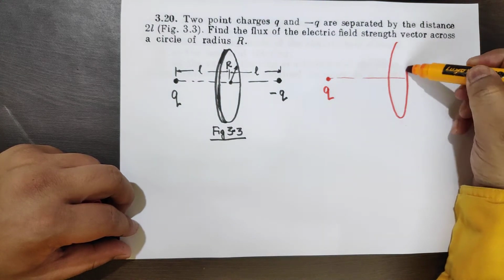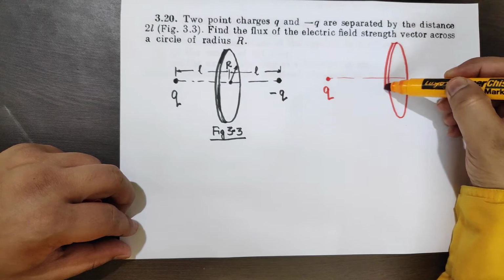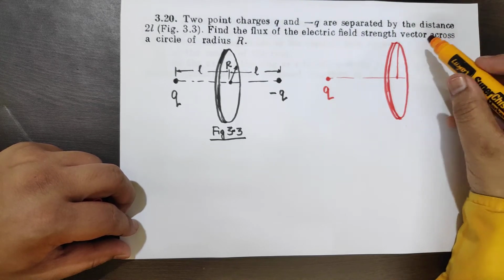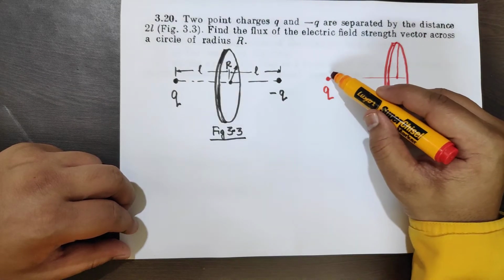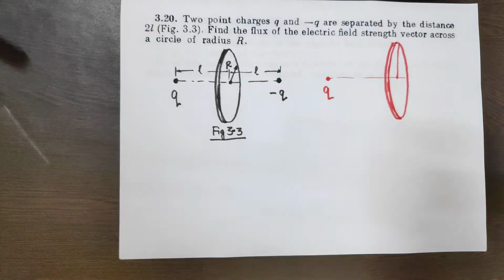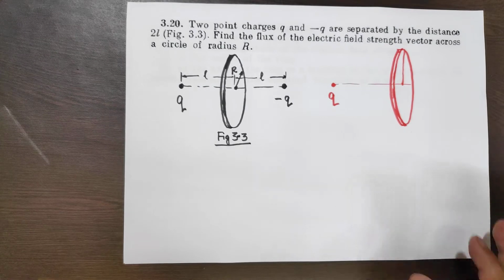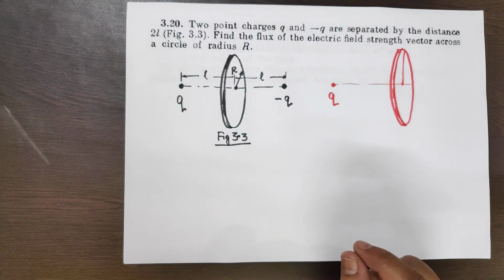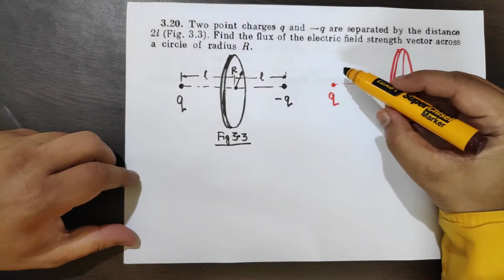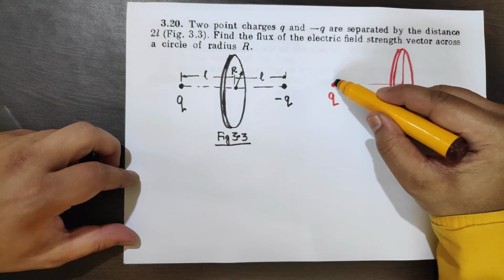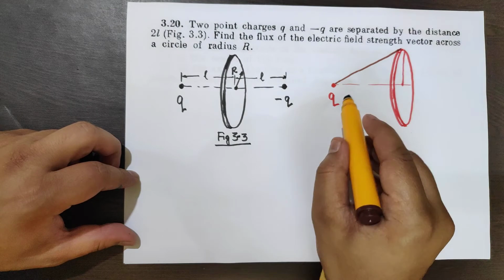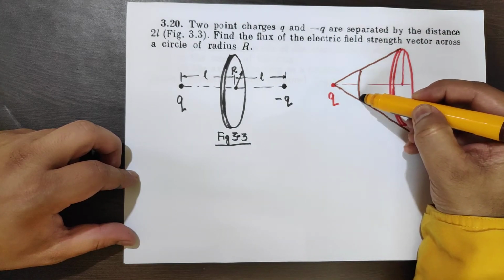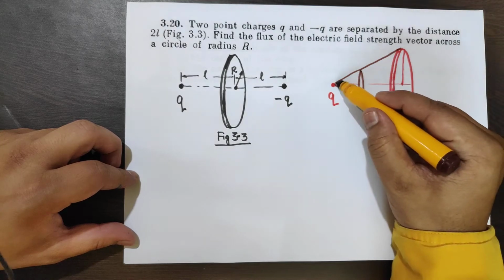So there is that circle of radius r. How much flux goes through it depends on how much solid angle is subtended at this point charge, right. So if you draw, it's like a cone, and the solid angle, this is it, right. This is the solid angle,